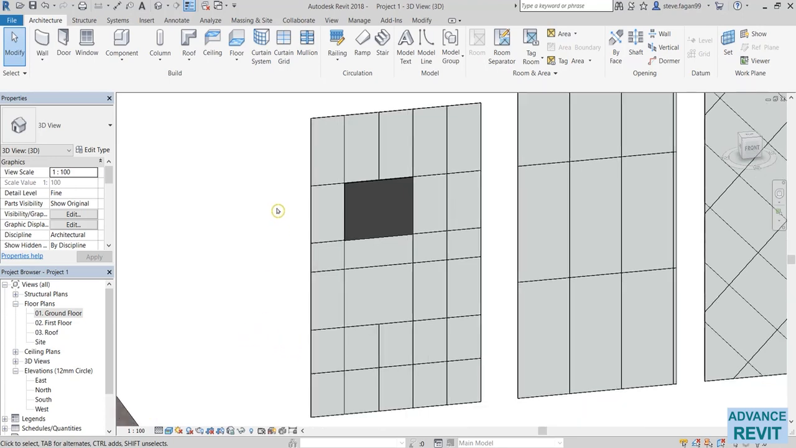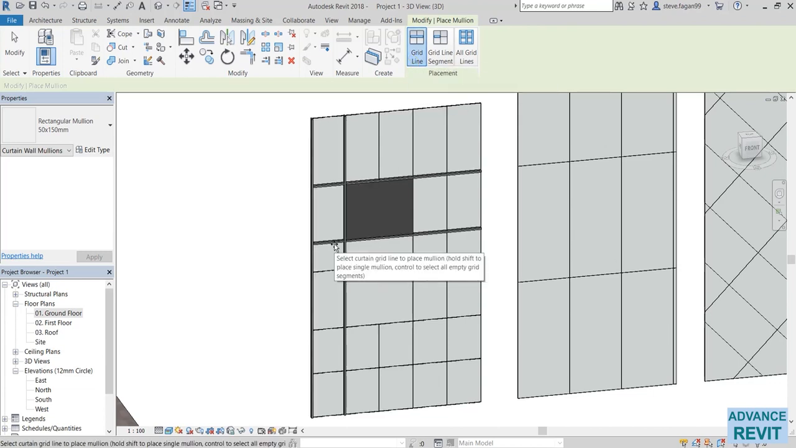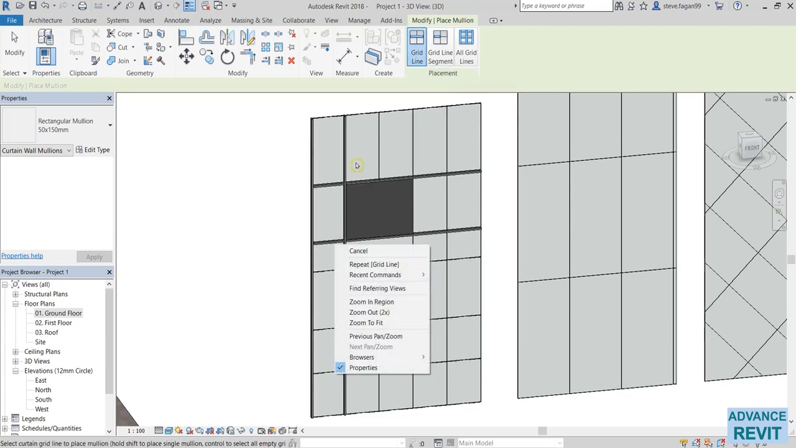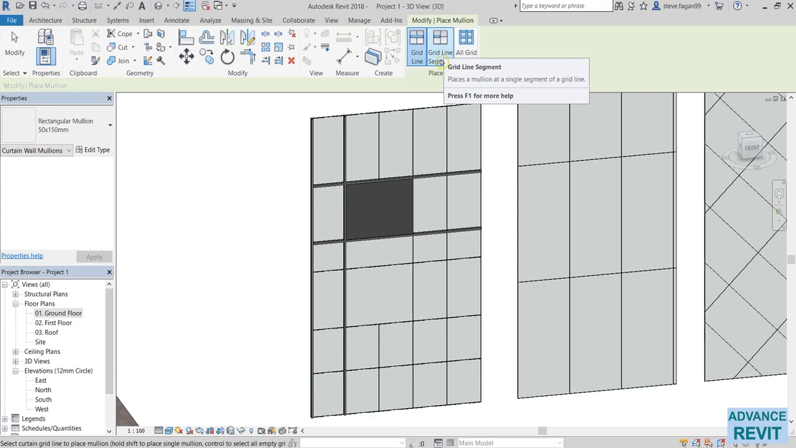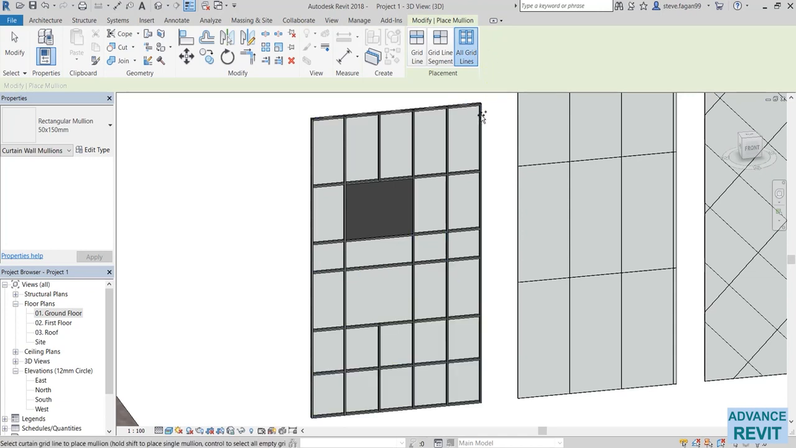And then the last stage is to apply mullions to all of the segments. In the build panel, it's the last one there, which is mullion. We'll select that. We have 3 different ways we can apply the mullions. We can do grid lines, so every segment that we click on will create a grid line. Or we can use the grid line segment, so just every little small segment section becomes a grid line. Or we can use the all grid lines, so just highlight and it will select every single segment to then become a